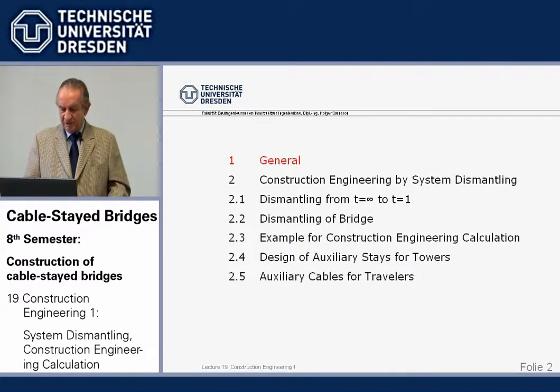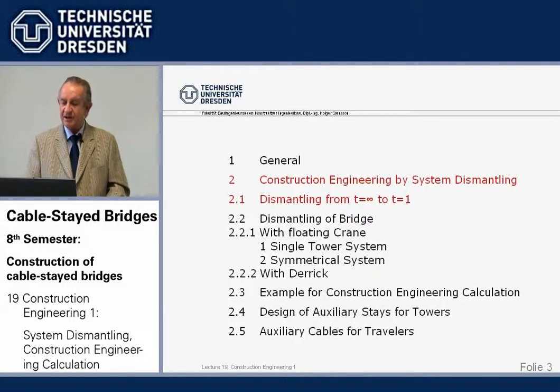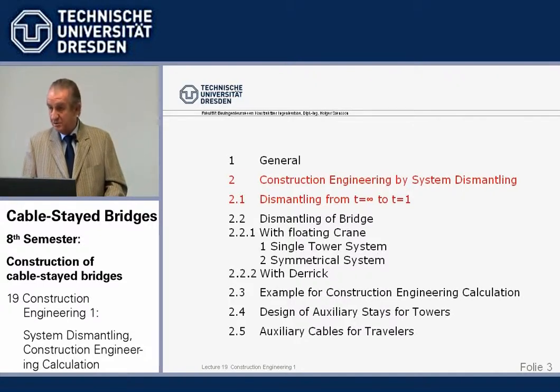Now, today we do the construction engineering by system dismantling. We have to start and then go back. We have different systems. We can do it with a floating crane. That's very easy because it doesn't put any loads onto the beam. So that's very simple. We can do it for a single system, a little bit more complicated for a symmetrical system. Then we use what we normally use, a derrick. Makes things a little bit more complicated. And then I show an example for the construction engineering